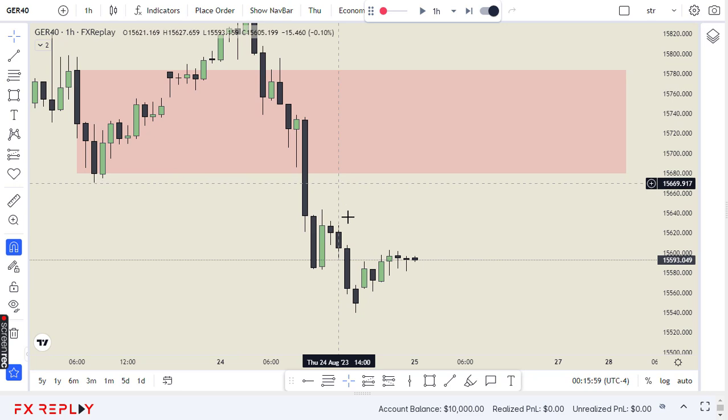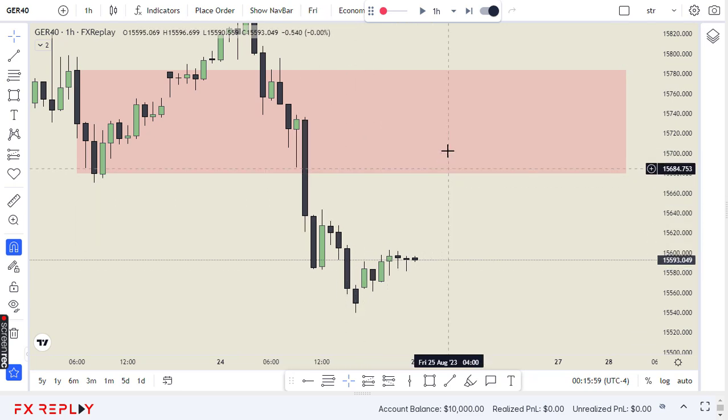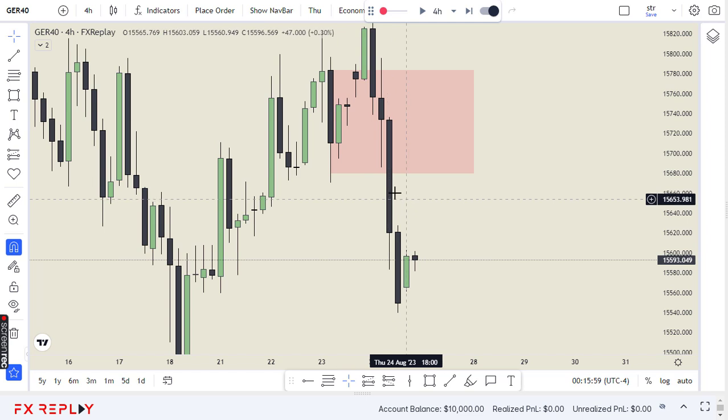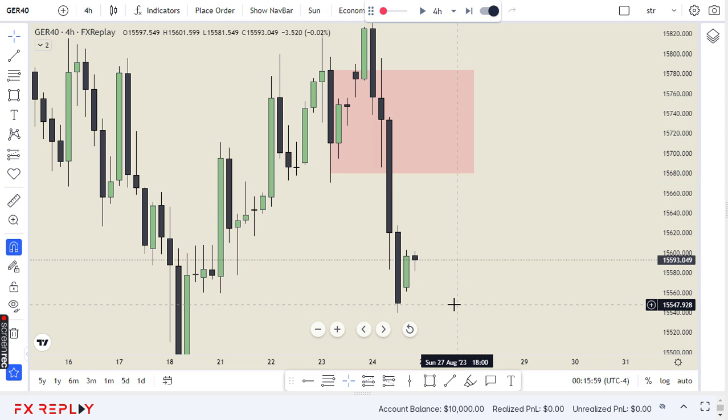So we can expect a move to this fair value gap right here, maybe touch this breaker block and then reach it. We don't know which one to reach. For example, it can easily reach to this area right here, consequent encroachment on this fair value gap and then continue lower. We don't know that, but the lower time frames, the time frames below the 4 hour, will tell us if